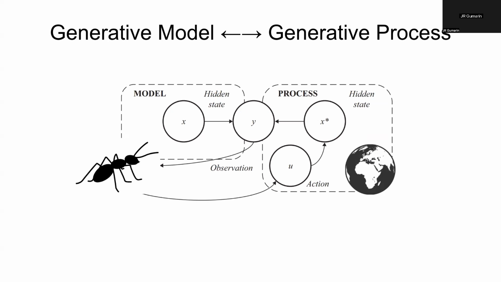And we, in our minds, have some kind of generative model that is representing the state of the world. It's our best guess about how the world works. And we use those observations that come in to update our model of the world, or we can also take actions to change the kind of perceptions that we receive.